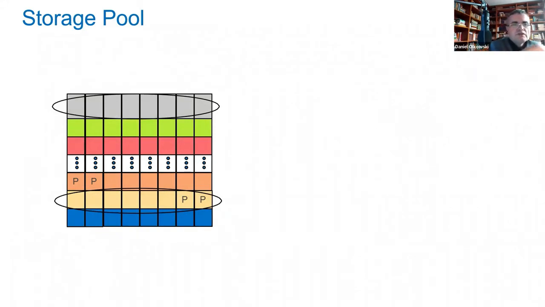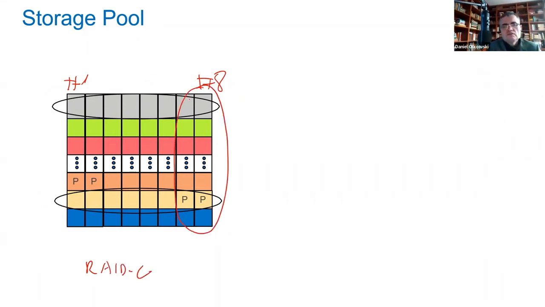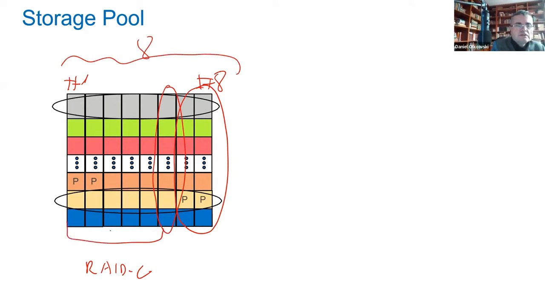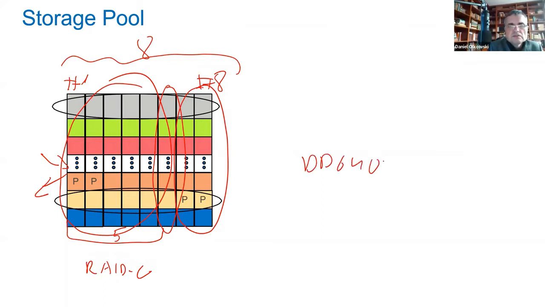So let's imagine that we have 8 disks. This is disk 1, this is disk 8, on which we are writing the data. Normally we have RAID 6, and RAID 6 needs 2 disks for parity and 1 for the spare. So out of 8 disks, only 5 disks are really working. Writing and reading is normally just from this pool. DD6400 says, no,